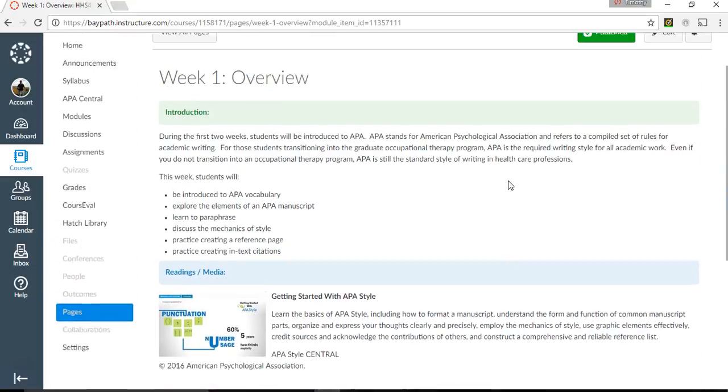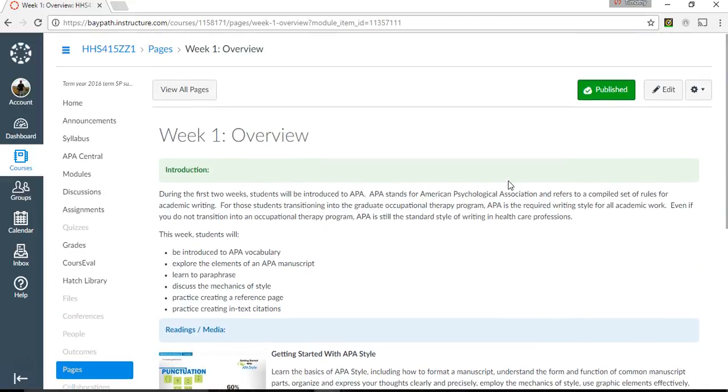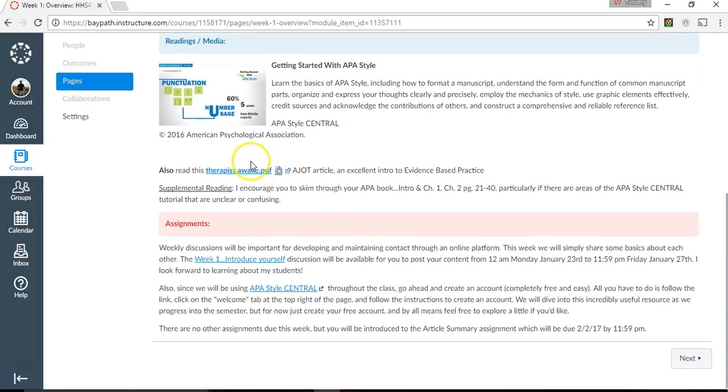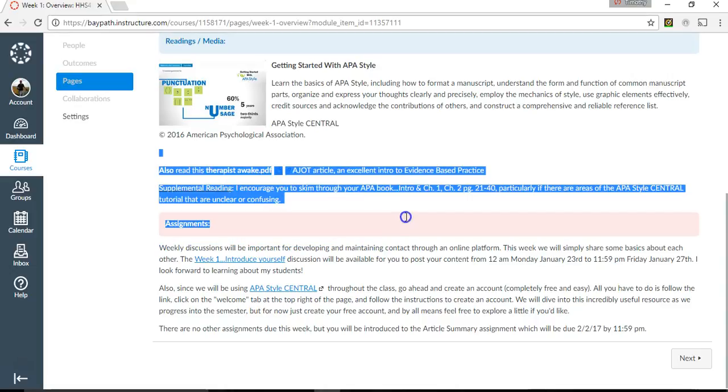So I think that's all I have for you for now. Again, for this first week, go through this presentation. The link is right here in your Module 1 under Readings and Media. The Therapist Awake article, read through that. And actually, your second discussion, your discussion for next week, is going to be talking about this article a little bit. So do yourself a favor and read that ahead of time. And then, like I said,